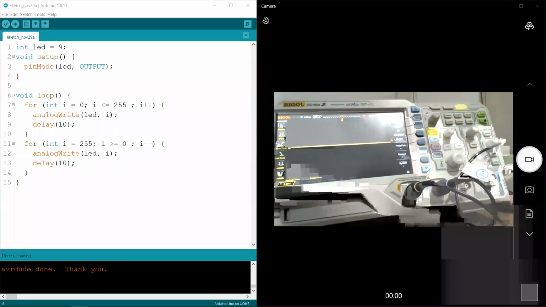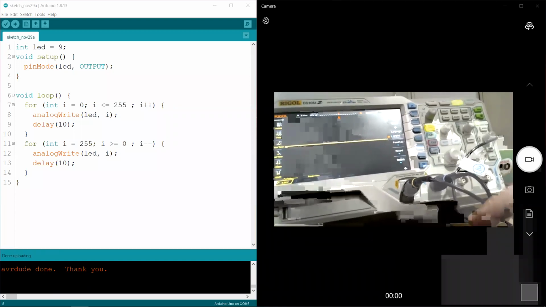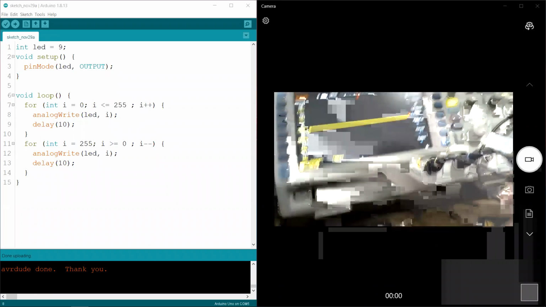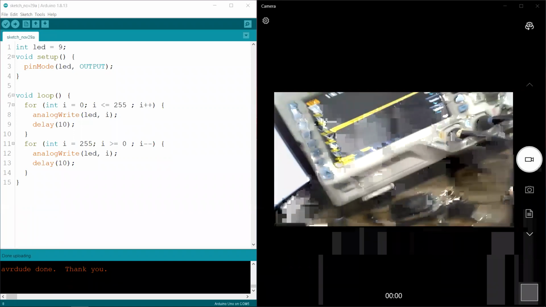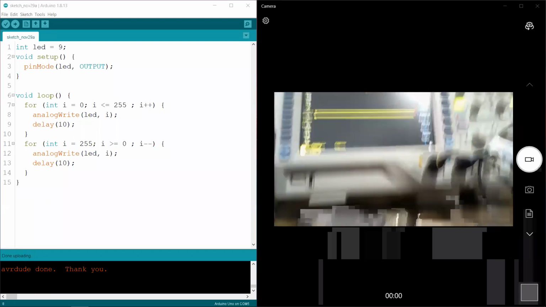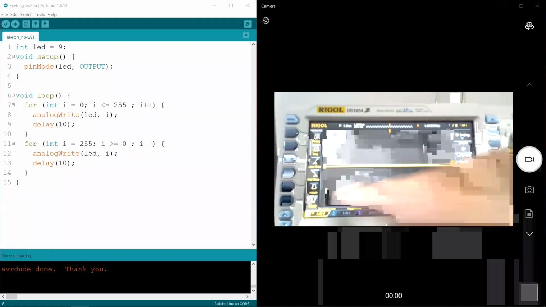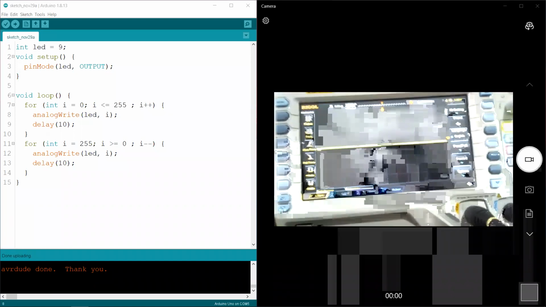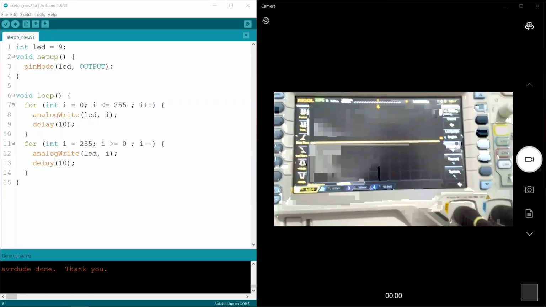All right. So the device you are seeing on the camera, can everyone see that? Can you see this? Okay. So this is called a DSO or digital storage oscilloscope. This is used to visualize the signals in a circuit, right? So here we have the time and here we represent the voltages. It looks complicated, but it is just a fancy multimeter, so don't worry about that.